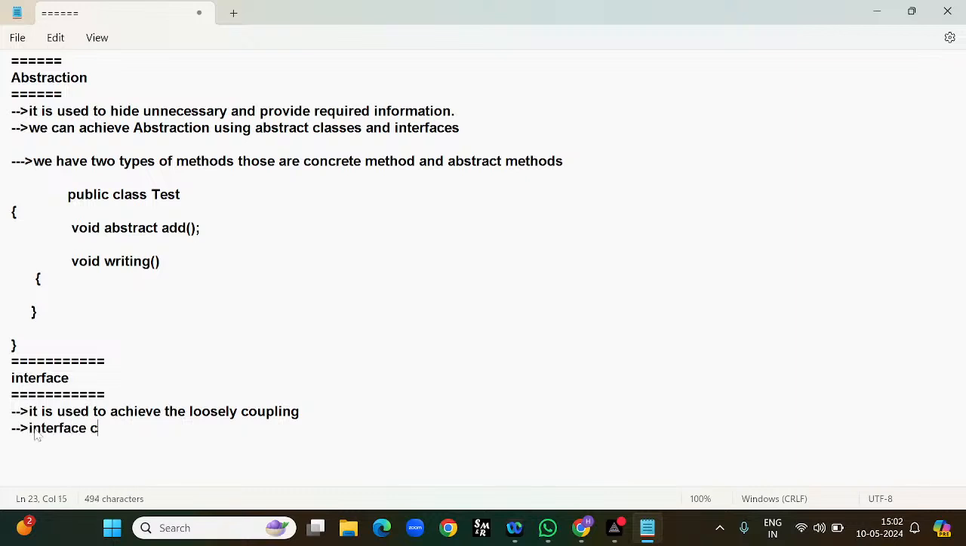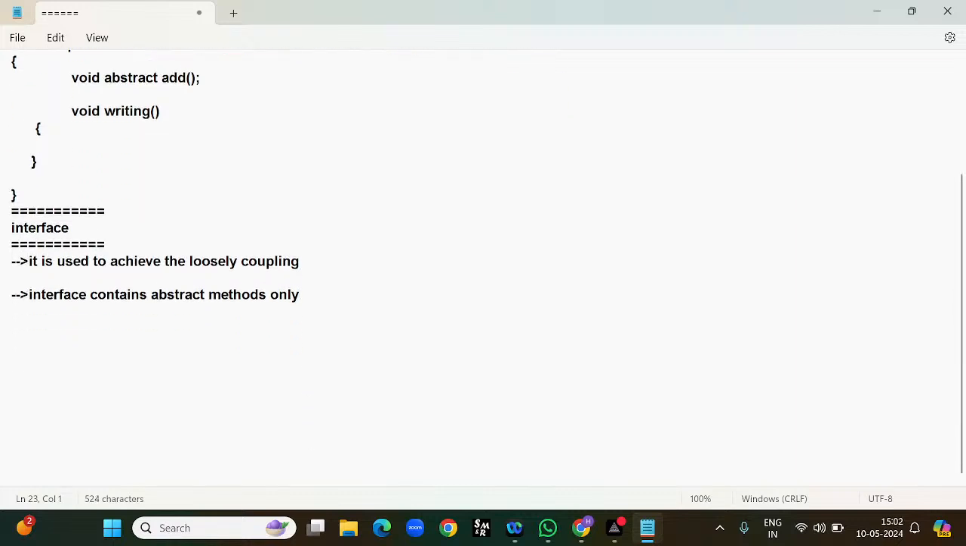So next point, interfaces contain abstract methods only. Abstract methods only. And then next, I would say,